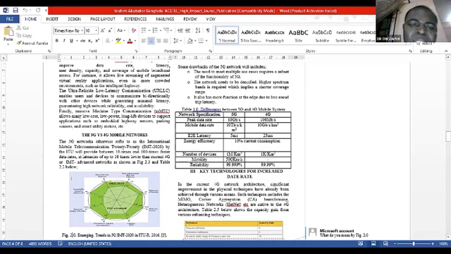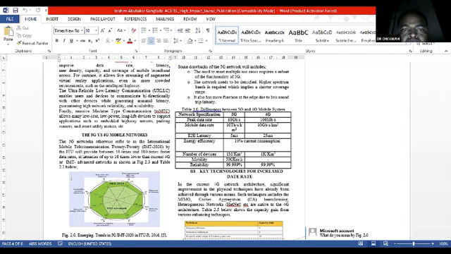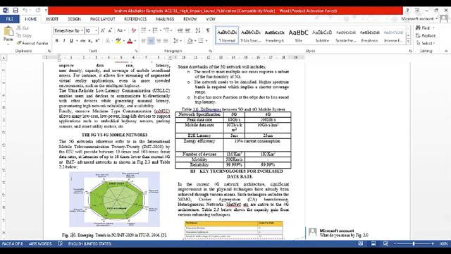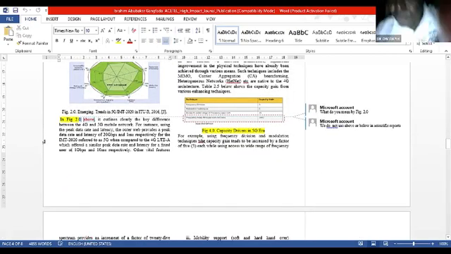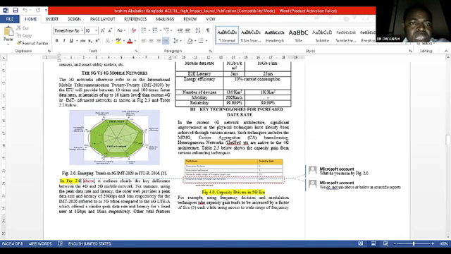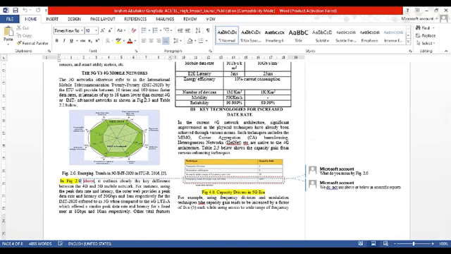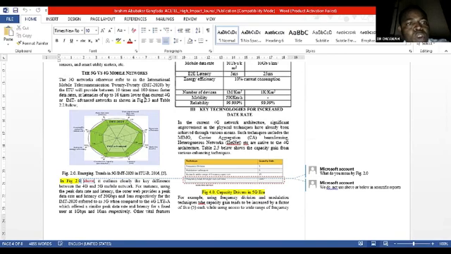Table 1.0, there is nothing like table 1.0. It is table 1, which will be the differences between 5G and 4G mobile systems. Okay, so it is table 1, not table 1.0. And besides that, you have not mentioned table 1 before its appearance. When you also look down, you will see where you are mentioning figure 2.3. It is very, very wrong. It's either figure 2 or figure 3. In manuscript writing, we do not say 2.3, we do not say 2.4, and what have you. Then you are talking about table 2.2 below. There is nothing like table 2.2. It should be table 2.